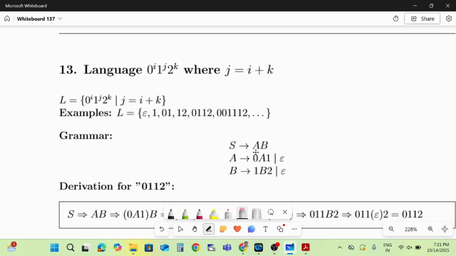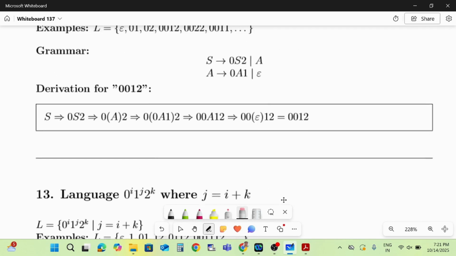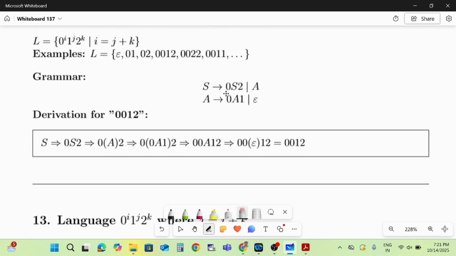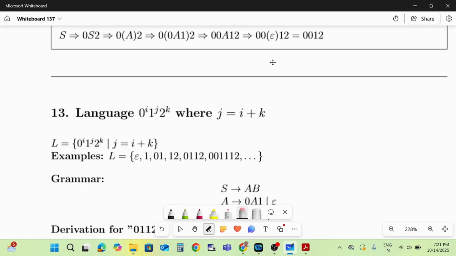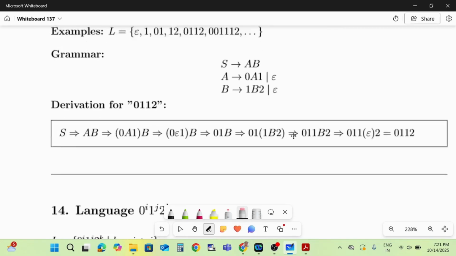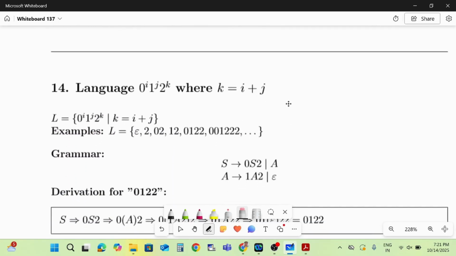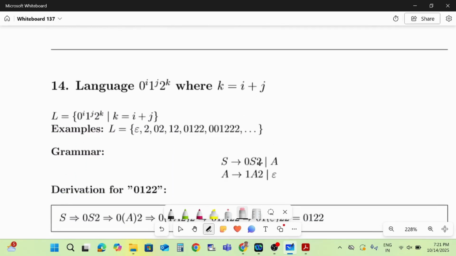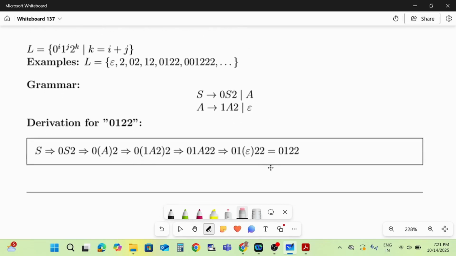j is an addition of i and k. So 1 should be common here, and in this case 0 should be common. On similar ground, if you have k equal to i plus j, then 2 should be the repeated one: S tends to 0S2, and S tends to A, A tends to 1A2. So this is how you should be able to